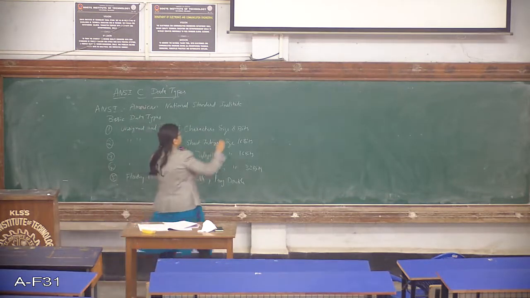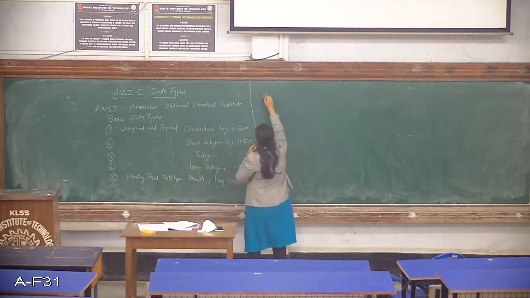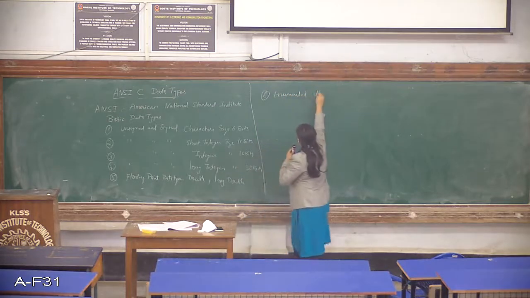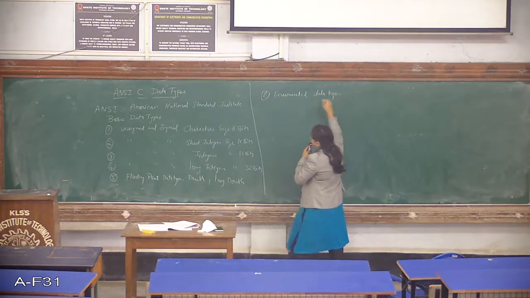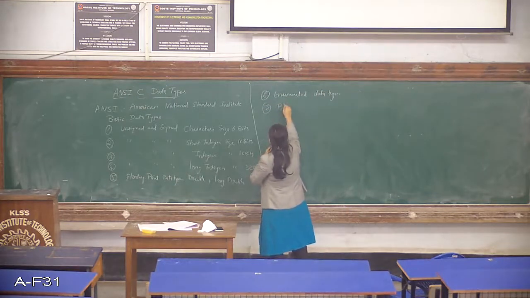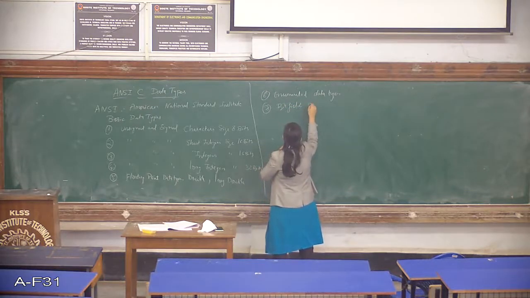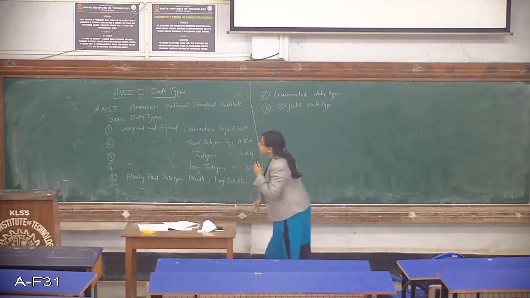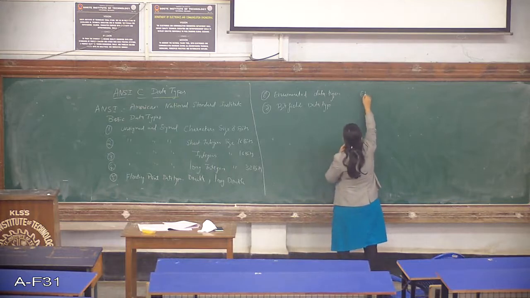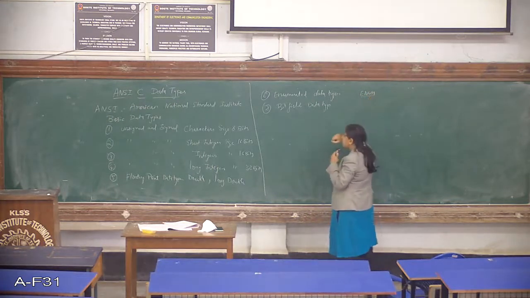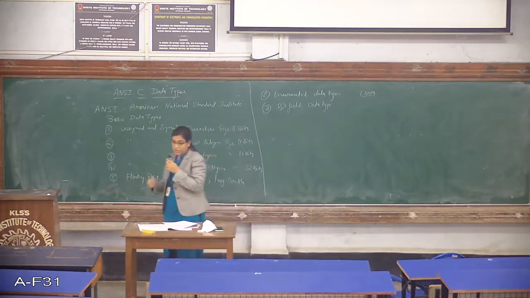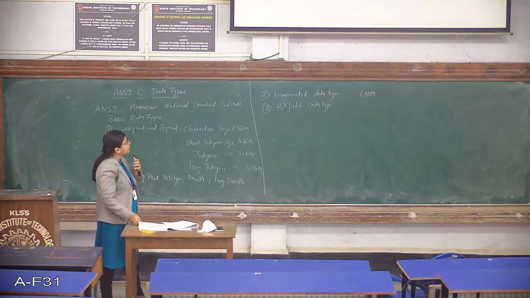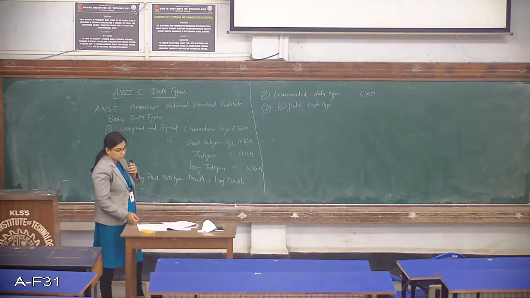Similarly, we have the user defined data type, which is the enumerated data type, and then we have the next, the bit field data type. So what do you mean by enumerated data type? You might have seen that you mention the data type as enum. This is nothing but giving a name to a particular constant. So for assigning particular names to the constants, we are using this data type called enumerated data type.